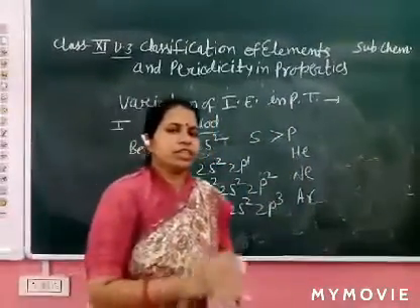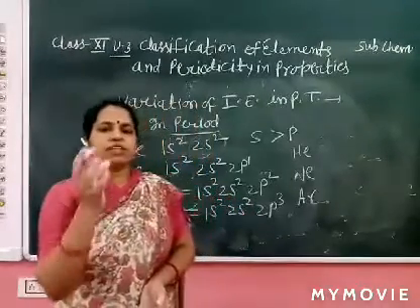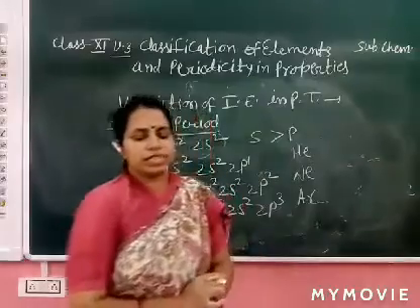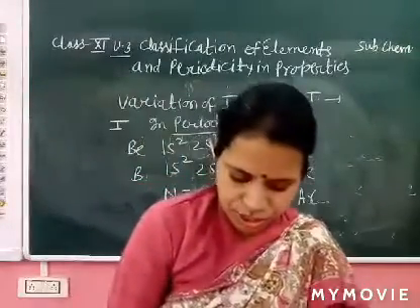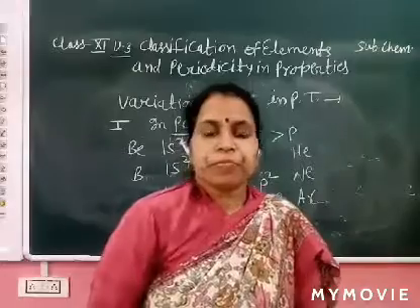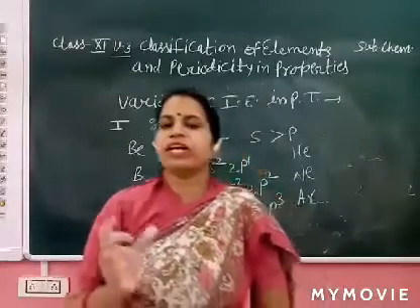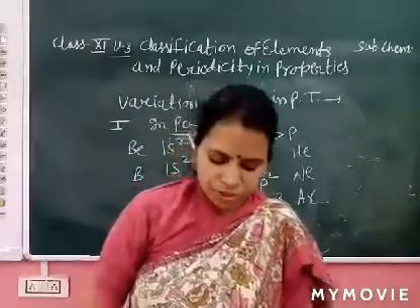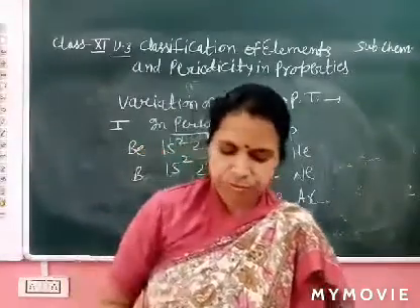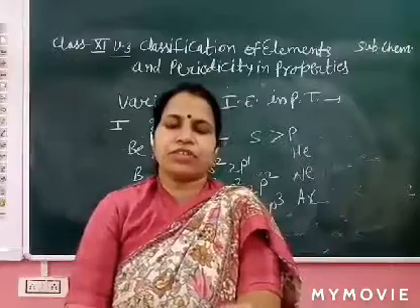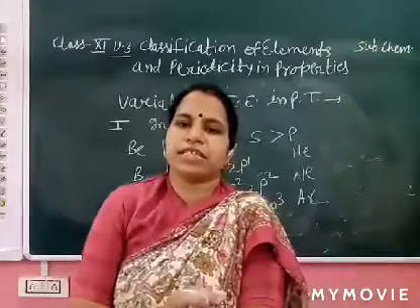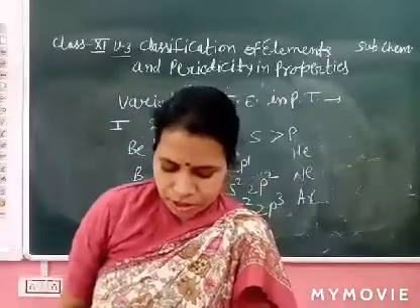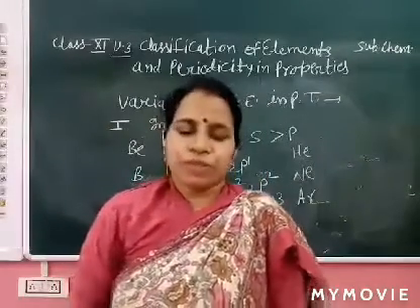Now about the inert gases: helium, neon, argon, any inert gas, they have fulfilled orbitals. So their ionization enthalpy is very high in the period. In a period, helium, neon, argon, the inert gases have the highest ionization enthalpy. So in a period, which has the lowest? Noble gases have the highest ionization enthalpy and alkali metals have the lowest ionization enthalpy. Clear?